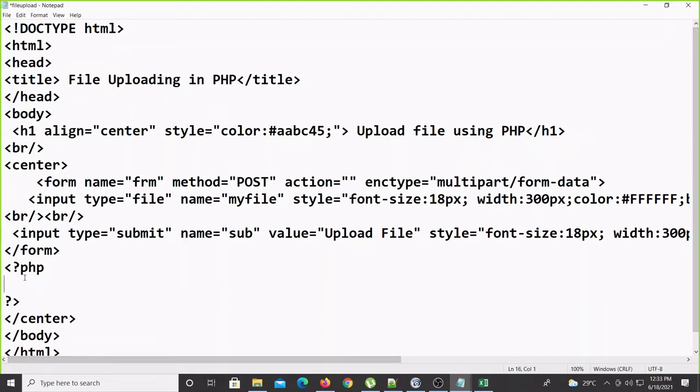First we have to check if isset, $_POST, and what is the button name, sub, posted or not. Close this bracket, close this bracket, and this curly bracket close. So once anybody submits, the information will come inside this part only.